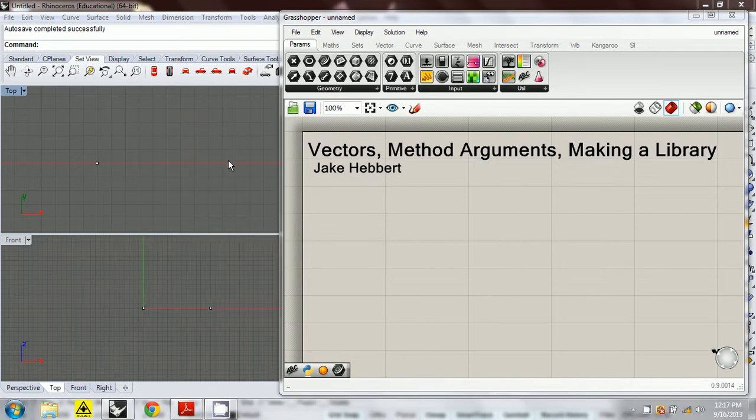Okay, so I wanted to show you how to make a library. Well, not exactly a library, but a collection of methods that you can call from within the Python components, so you don't need to copy and paste them into each component. To do this, I figured that we should make a vector definition for a vector, and we're going to call